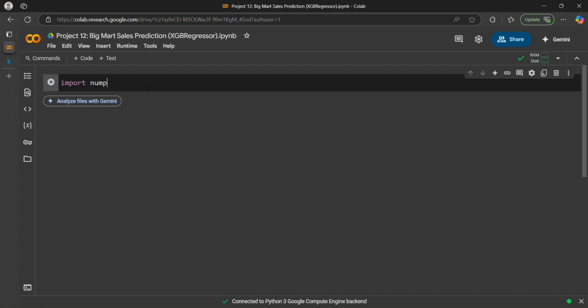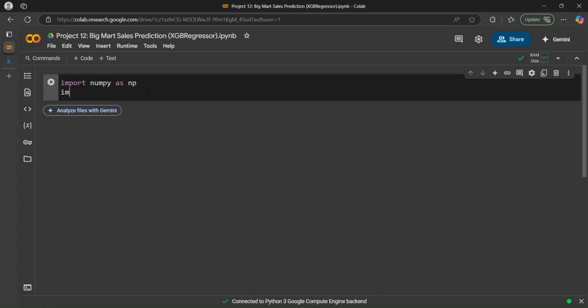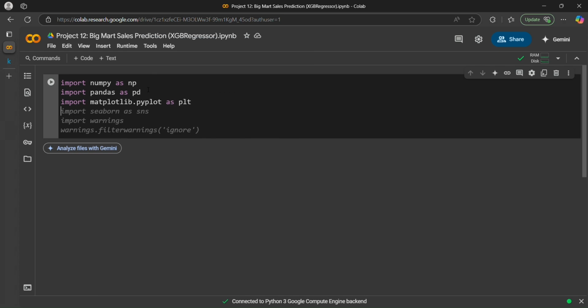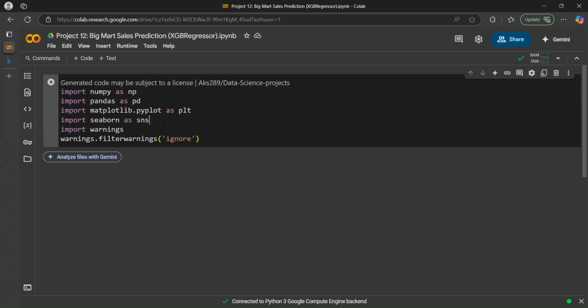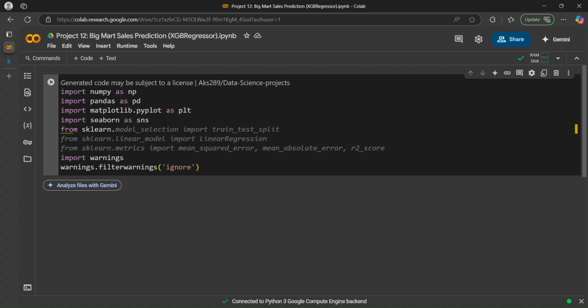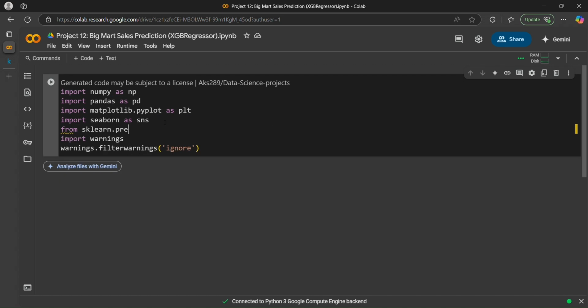Import numpy as np, import pandas as pd, import matplotlib, from sklearn.preprocessing import LabelEncoder,